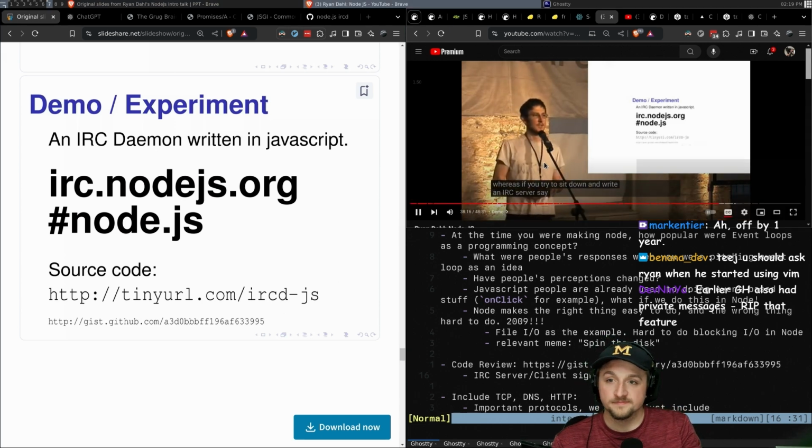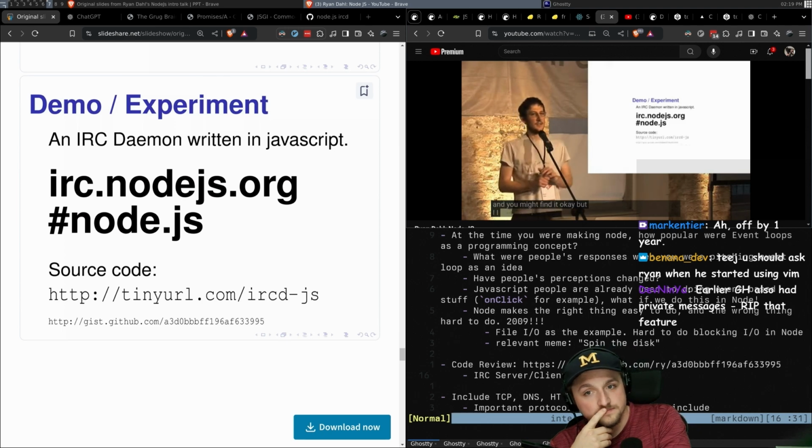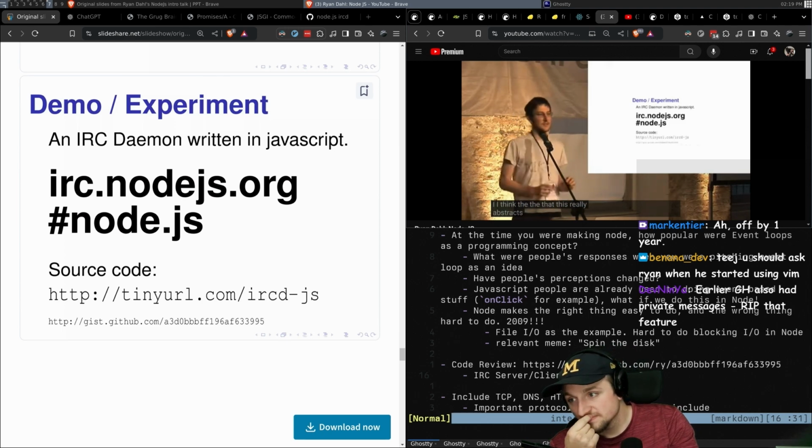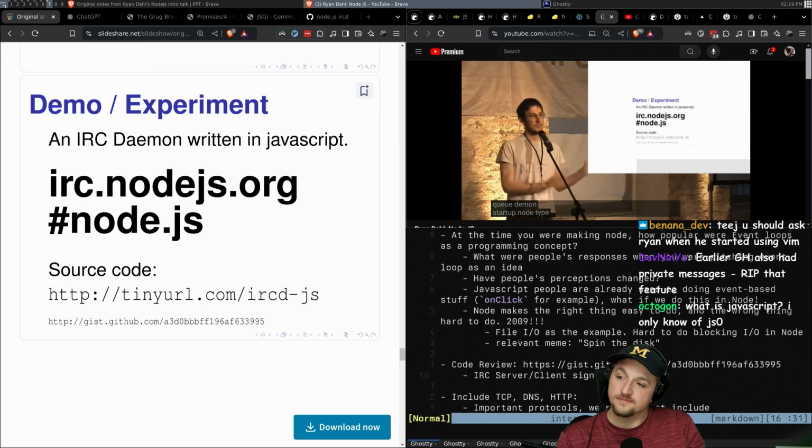If you try to sit down and write an IRC server, say, in Ruby, I think you'll find it very difficult. Okay, I guess you can use EventMachine, and you might find it okay. But I think that this really abstracts the problem of writing a concurrent server. So if you want to throw together, say, a message queue daemon, start up Node, type out 100 lines of